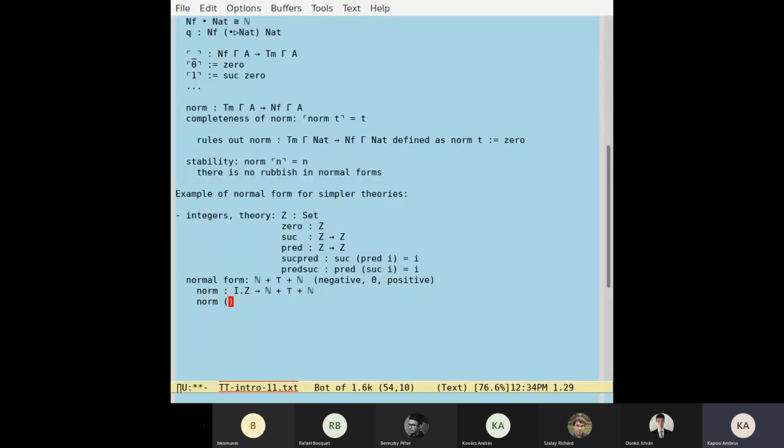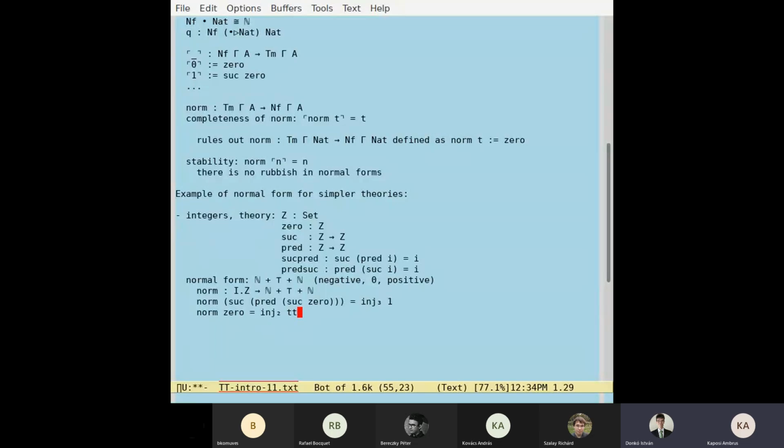Okay, for example, if I normalize, I don't know, suc of pred of suc of 0, then I should get ing2, or I don't know, ing3. So this one of 1, right? Because this is the same as 1. This successor and predecessor cancel each other, and then we just have 1. Or if I normalize 0, then I get